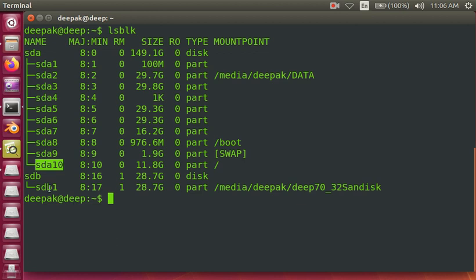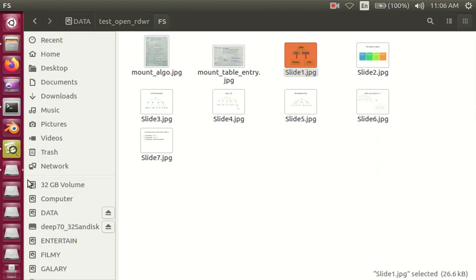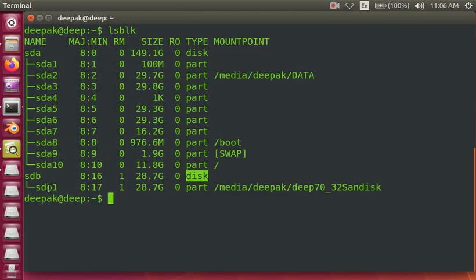and now you can observe I have another disk here which is SDB. Okay, SDB is another disk which is nothing but my removable pen drive, and you can observe here the major number and minor number. The major number is specifying the type of the device, and the minor number is the unit of the device. Okay, here we need to observe that the mount point is there.